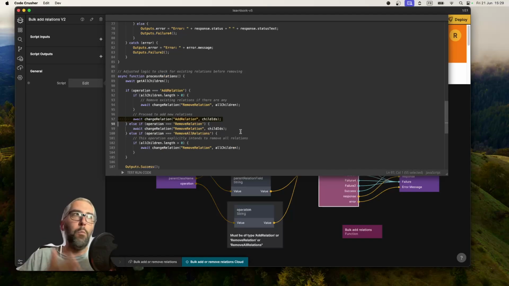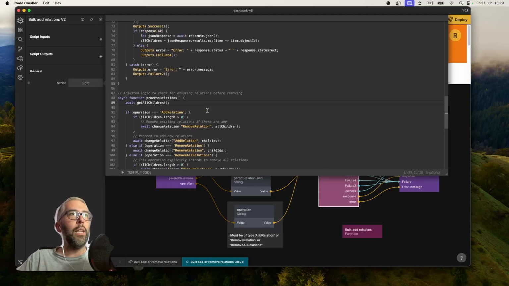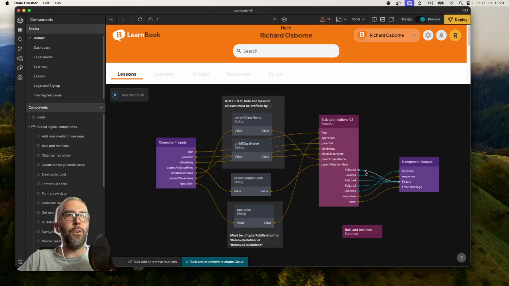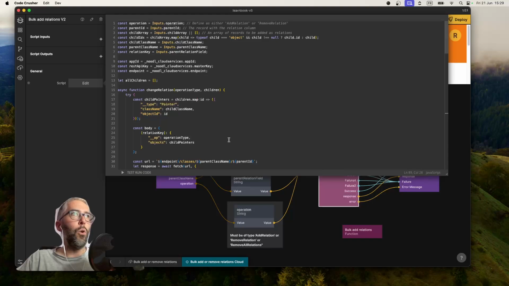Either you're replacing everything and completely replacing the list of relations, or you're tacking on a whole bunch of relations to the end of the relation field. I can't remember which one is which, but there are complications with this whole thing, and that's why it's really messy. There are like four different failure points that I was testing to figure out exactly why it was failing, because it's going through two or three different calls just to be able to add